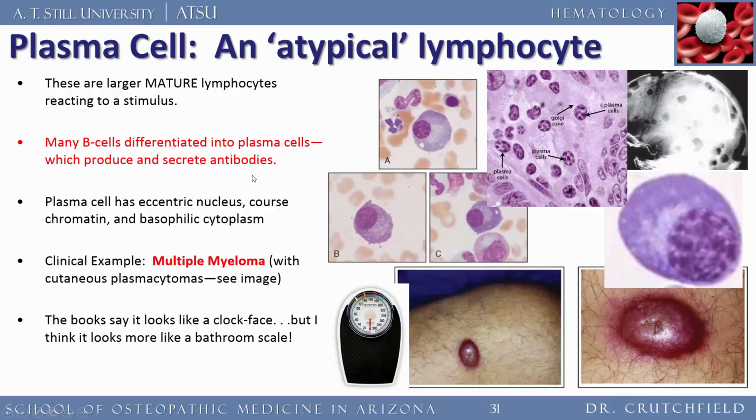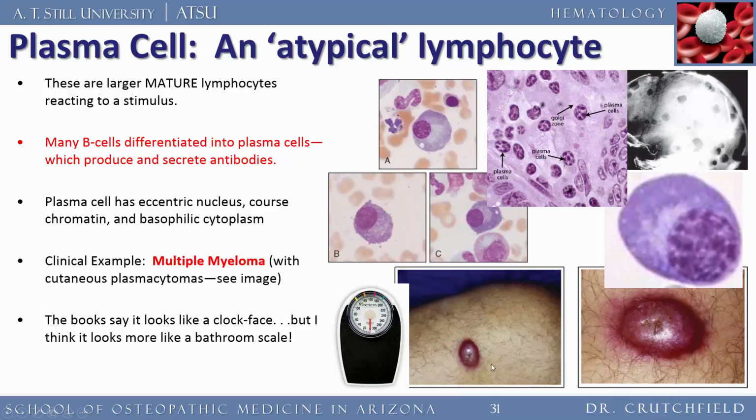So now we're just talking about plasma cells, because a plasma cell, we know, comes from a B cell, and these guys secrete antibodies. These are larger, mature lymphocytes. And all the textbooks say they look like a clock face. I don't think they look like a clock face. To me, they look like a scale that you step on. But there is a disease called multiple myeloma. And these patients get these